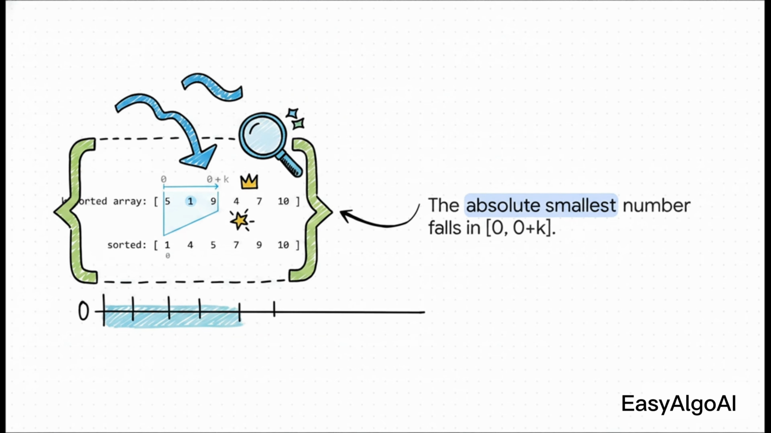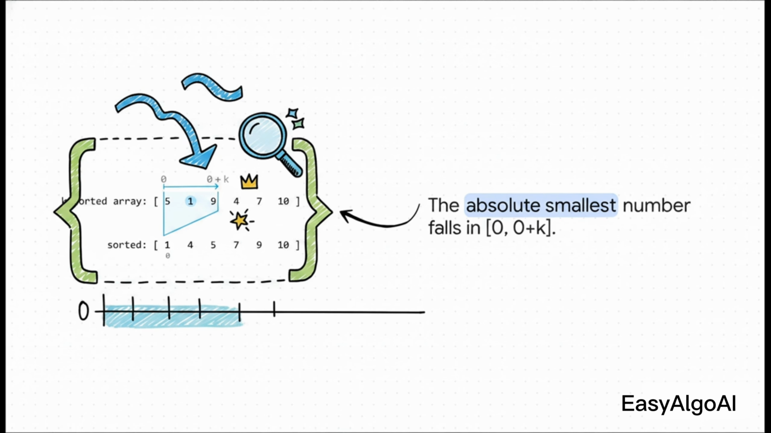And it gets even better if we look specifically at index 0. The math simplifies beautifully. The index is 0, so the range is 0 minus k to 0 plus k. Obviously, we can't have negative indexes, right? So the absolute smallest number in the entire array has to be somewhere between index 0 and index 0 plus k. With k equal to 2, that true minimum is guaranteed to be one of the first 3 elements,